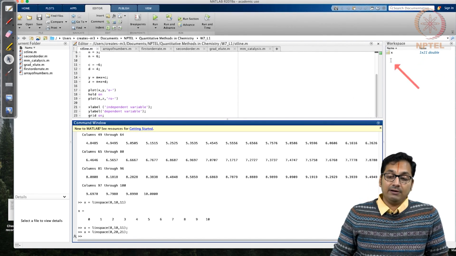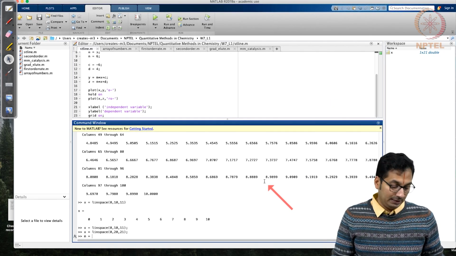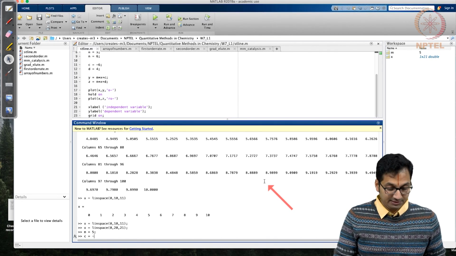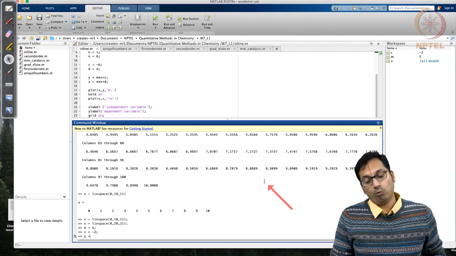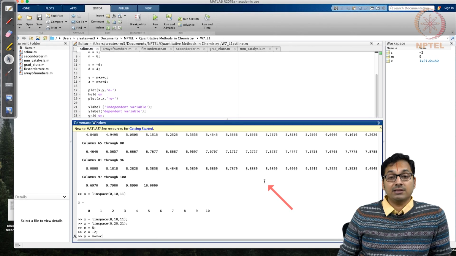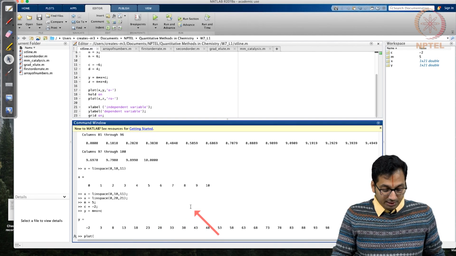Okay. So now that we have generated this, the next thing we would like to do is define a certain slope. Let's define a slope m of 5 units, and we can define an intercept of, let's say, -2. So now you have defined all of this. Now what you would like to do is calculate y, which is mx plus c. So m star x plus c. Of course, if I don't give the semicolon, it's going to print the values, and you are able to see that for a given slope and an intercept, with the equation set as mx plus c, you're able to generate the values, and you should be able to plot them very easily.